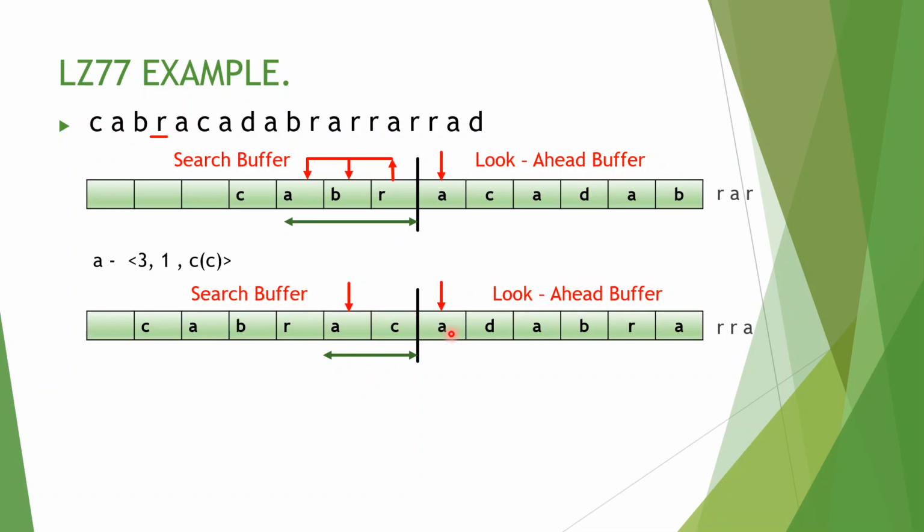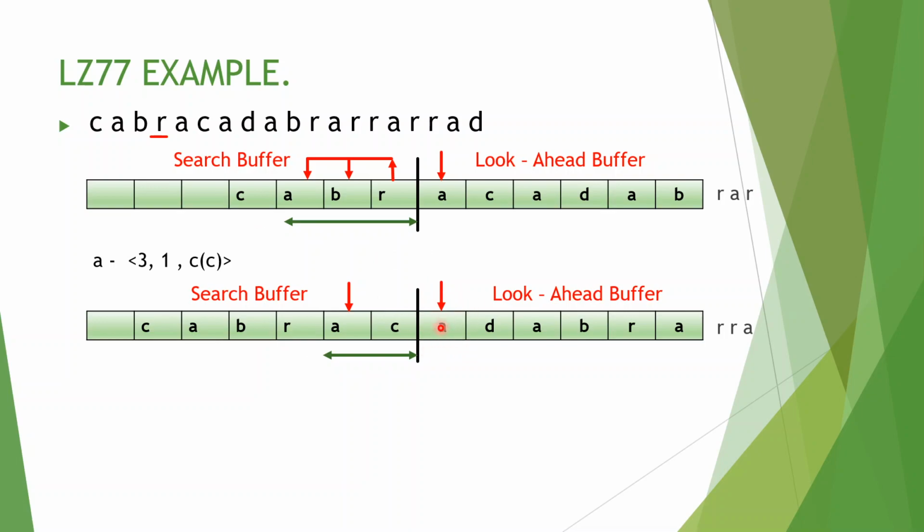So from this symbol to the look ahead buffer, meaning from this search pointer to the look ahead buffer, how much is the distance? So 2 distance. So our offset is 2. And how many symbols are matched in the search buffer? Only one symbol. Why? Because after the A symbol is D, and A and D are not matched in the search buffer.